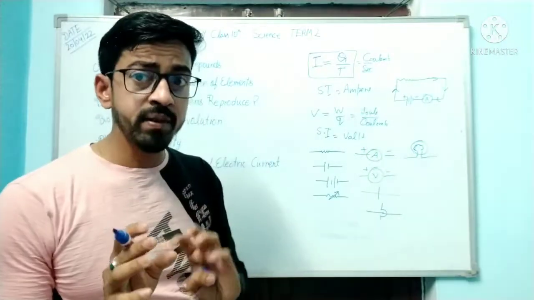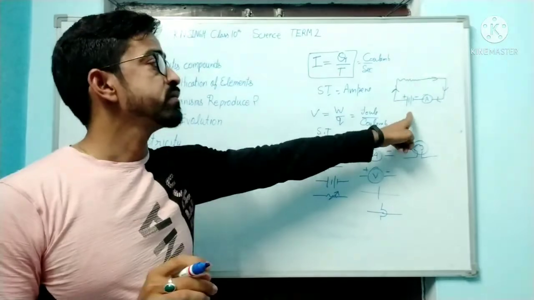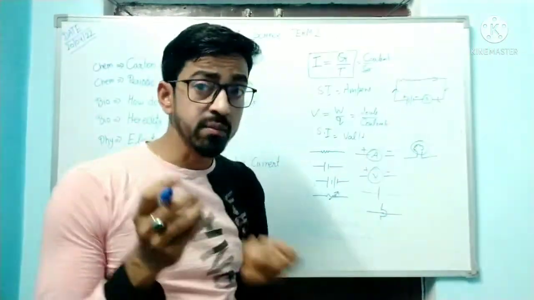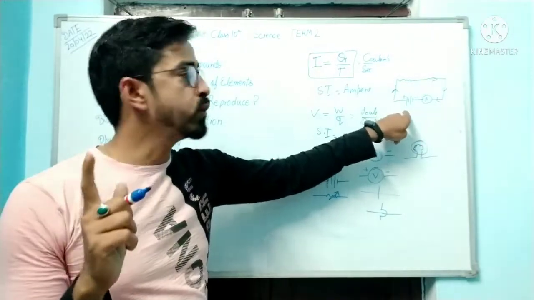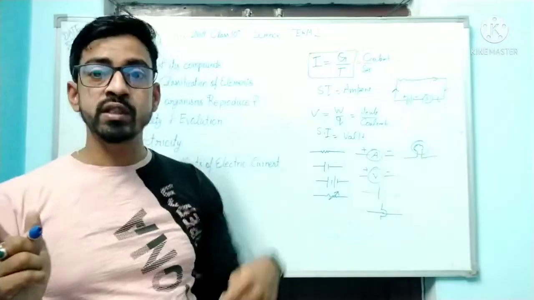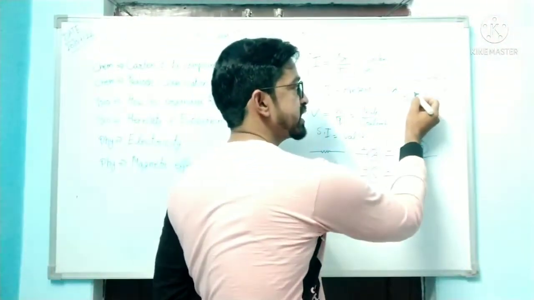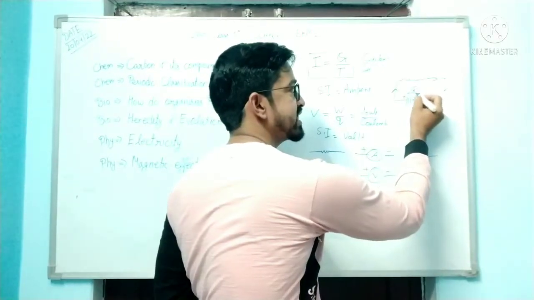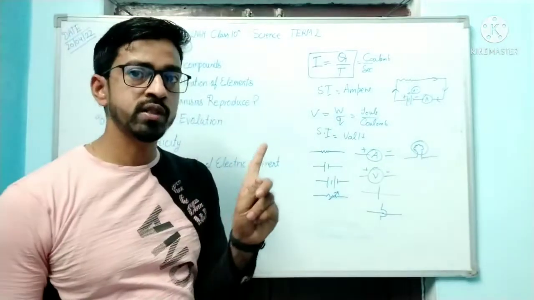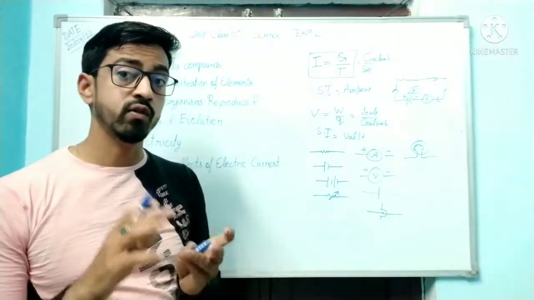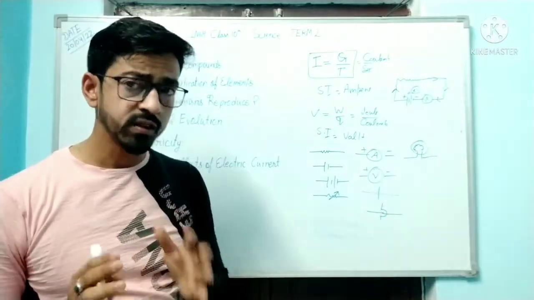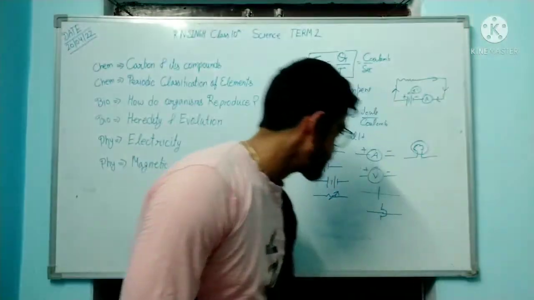And why does this happen, this is also very important, because the movement of electrons in the wire is opposite to the convention. The electrons go towards the positive terminal, because the nature of an electron is negative, obviously it goes to positive. So due to that convention, current is said to flow from positive to negative. So these are the basic concepts.